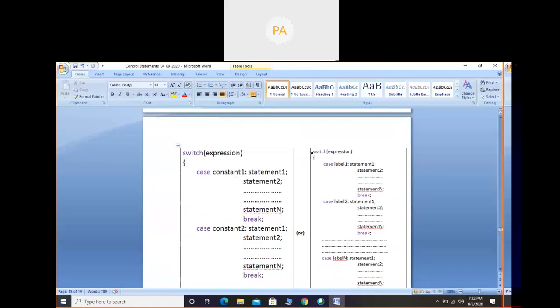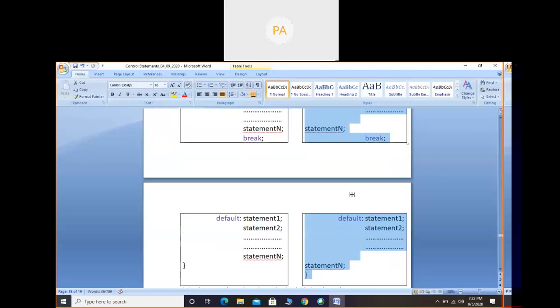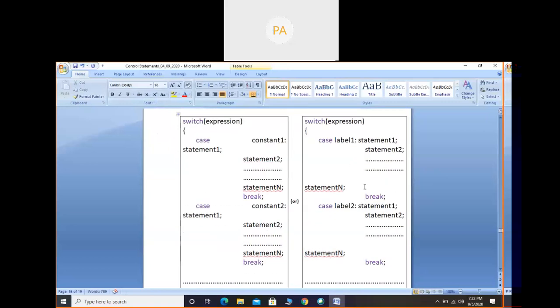So I have written this because if you just look at the textbook or internet or any PDF, you should not get confused, so there it will be like a label. Rest everything is the same. That is the working, everything is the same functionality between the first and second form. The only thing is, instead of mentioning constant, we have to mention it as a label in the second form. If you write any one of these, then it is correct.